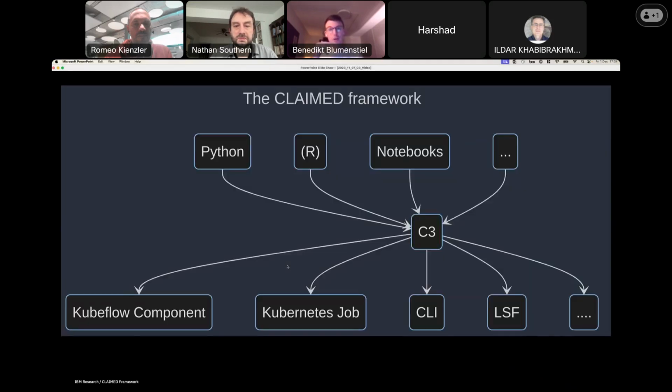If we look at how it works, you have some source code. This could be Python, could be now also R script since last week, or notebooks. Then you run the compiler and you get different Kubeflow component YAMLs, Kubeflow job YAMLs. You have a CLI tool from Claimed to run it. And in the future, we also want to support other